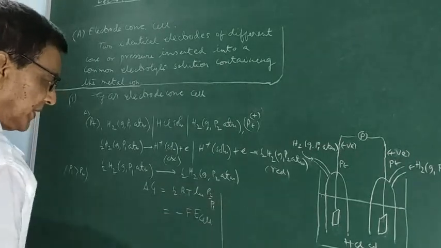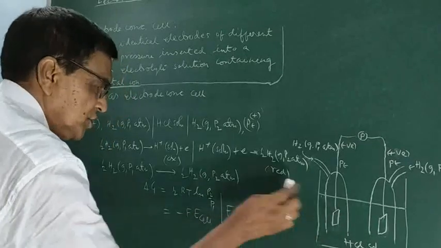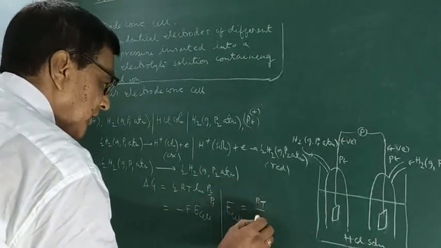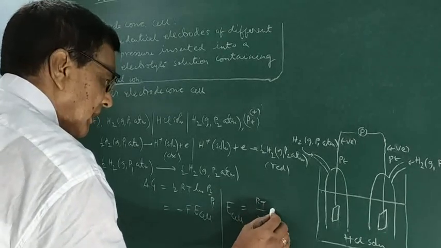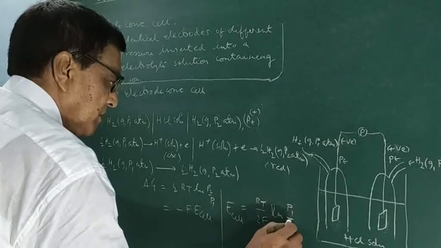If we equate these two, then the EMF of this cell will be RT divided by twice F, ln P1 by P2,